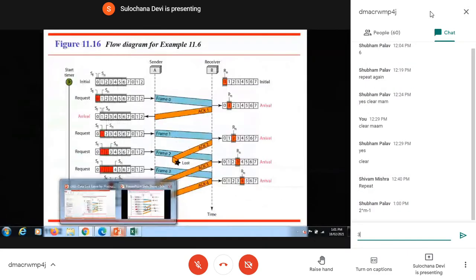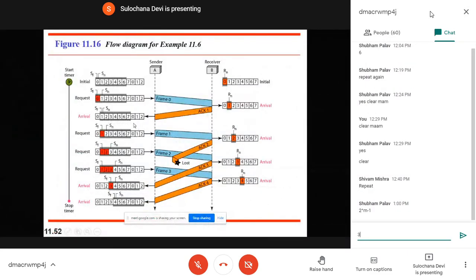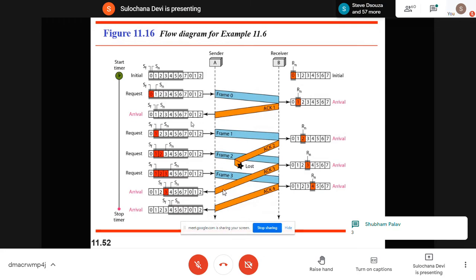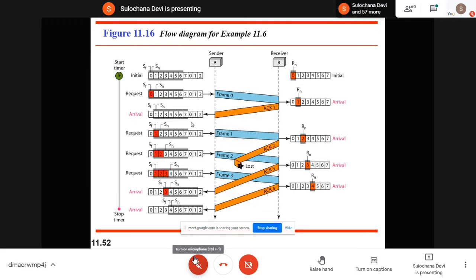What is the number of bits used for sequence number here? 3. Okay, yes, 3. The sequence numbers are from 0 to 7. Window size is 2 raised to power m minus 1, so 0 to 6. Just look at this diagram and try to understand whatever we discussed.